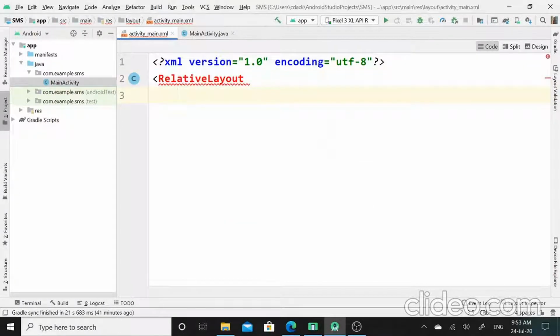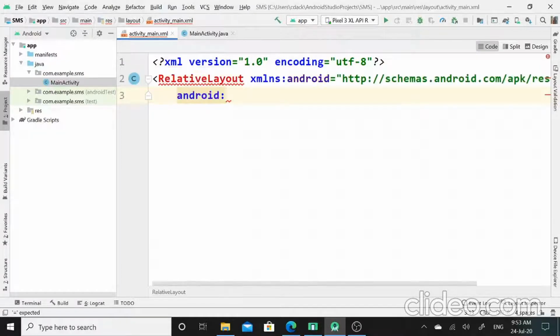Now I will set layout width and layout height properties. Before that, I will press Alt plus Enter keys together, so that schemas.android.com/apk will get called over here.